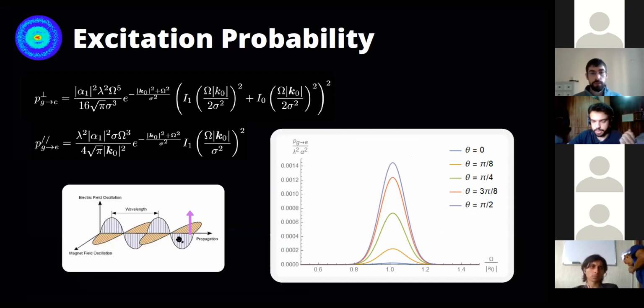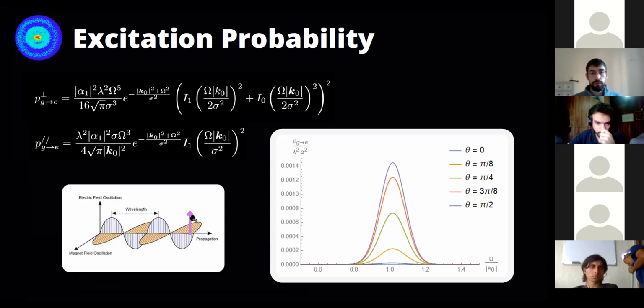So I picked polarization vectors such that only the first one has components in the direction of the dipole of this ideal dipole of the atom, and the other one is orthogonal to it. So that's why in the probabilities you always see this alpha 1 squared, and there's no alpha 2 contribution. This means that only the particle states that are associated with the first polarization vector actually contribute to this excitation